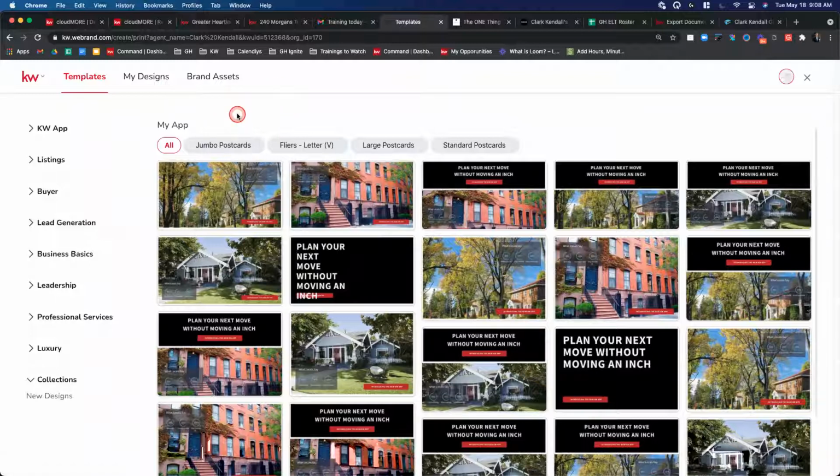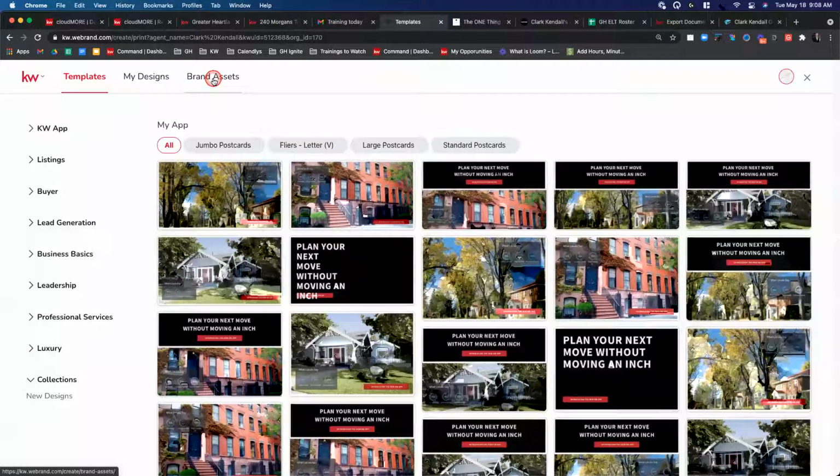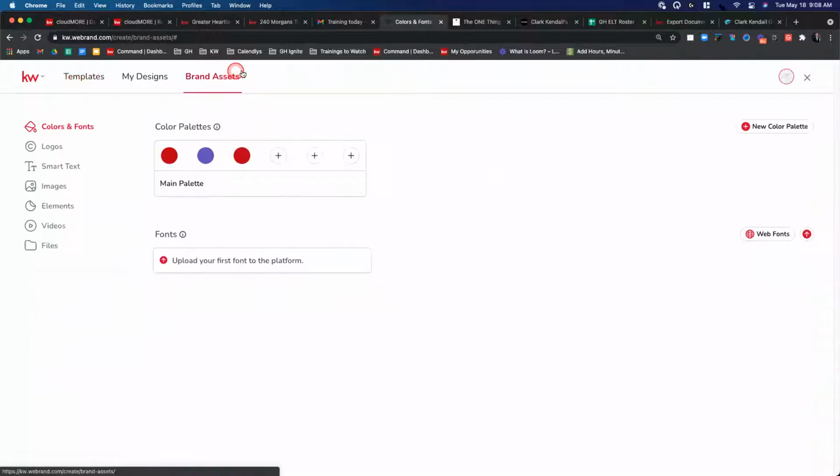However, most of those logos are very small. In our marketing profile, it says 360 by 360 is recommended. For some of these designs, you're going to want to upload a higher quality. And so, you'd want to do that in the marketing profile? Yes, you want to do that in the marketing profile. That's a must. However, for the higher quality designs that we're going to create here, under brand assets,